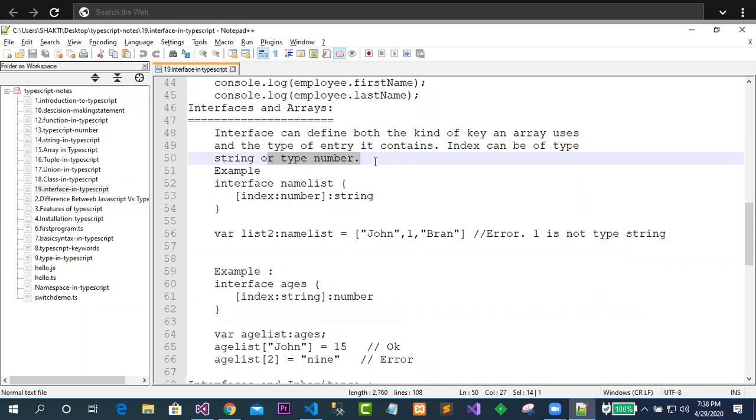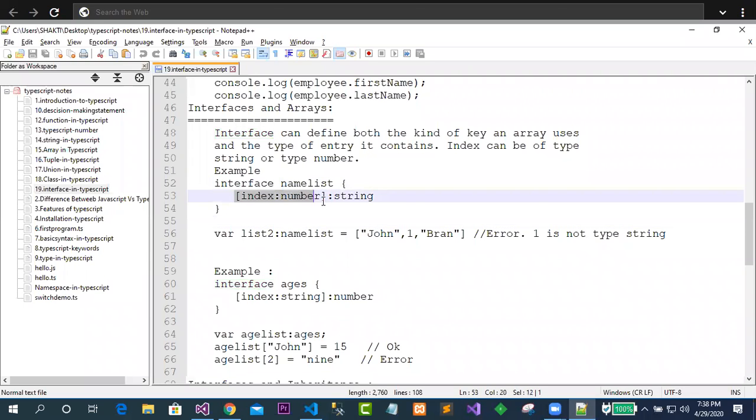In this case, we will try to understand this example. In this example, can you please tell me what is the name of this interface? That is NameList. So when I take this NameList, this is one interface because I have declared it by the keyword interface. It's being simple.